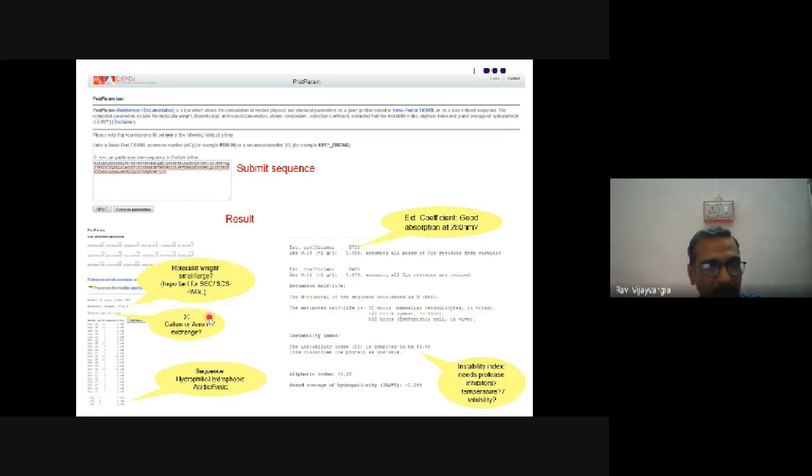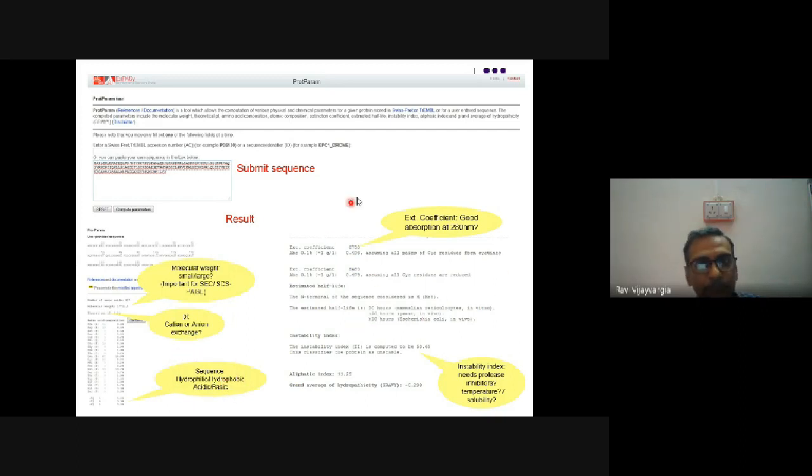So if you know the isoelectric point for your protein, then based on the pH of the buffer you are planning to use for purification, your protein can be a cation or an anion. Based on that, you can decide on cation or anion exchange chromatography. Similarly, the sequence gives you the amount of hydrophobic, hydrophilic, acidic or basic residues, and that also gives information about the net charge of the protein. And if it is a hydrophobic protein, then you can utilize hydrophobic interaction chromatography for its purification.